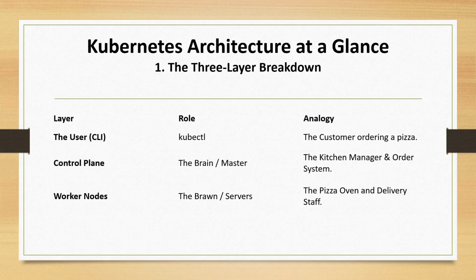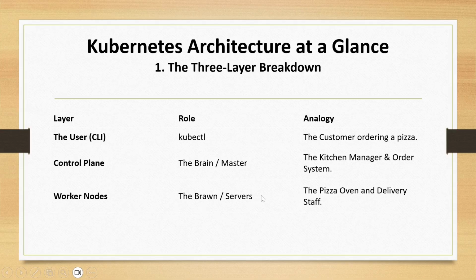So if we go to the architecture of Kubernetes, then it's mainly three things. The user CLI, where mainly we use kubectl. You can think about it like a customer ordering a pizza. The control plane is the brain or master, like the kitchen manager or order system that is actually managing everything behind the scenes. And then you have the worker nodes,